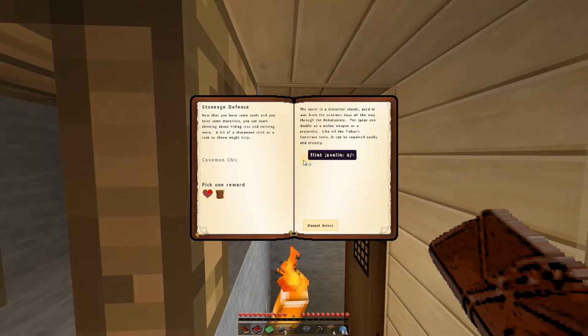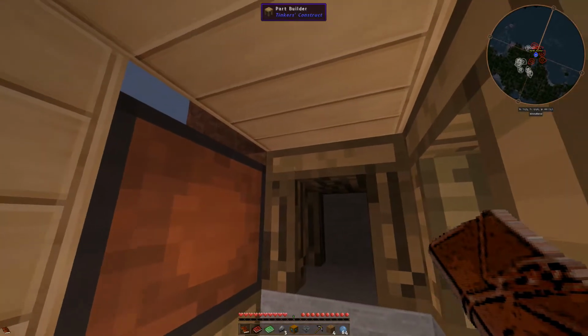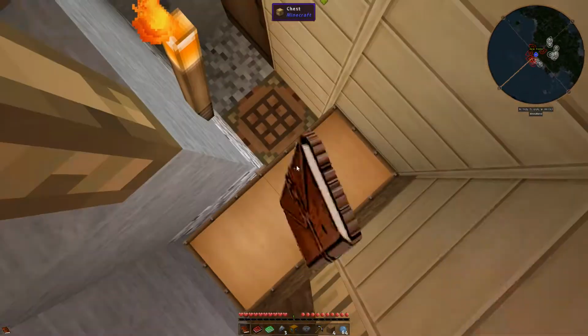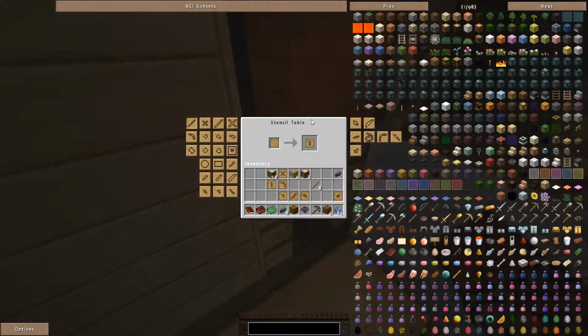They want us to make a flint javelin. So this is the javelin, or actually this is the throwing knife. This is the javelin. The javelin is some sort of arrowhead and two of these. So we're going to have to go to the part builder, and we're going to have some more gravel. Might as well just turn these 3 into gravel. We're going to have to go to the stencil table. We're going to want to make an arrowhead,